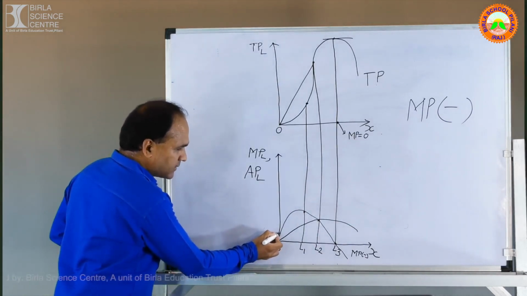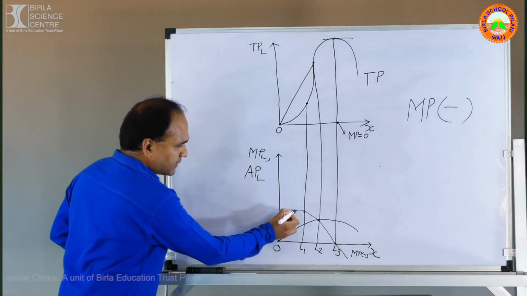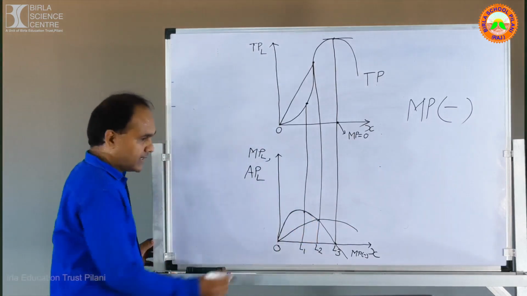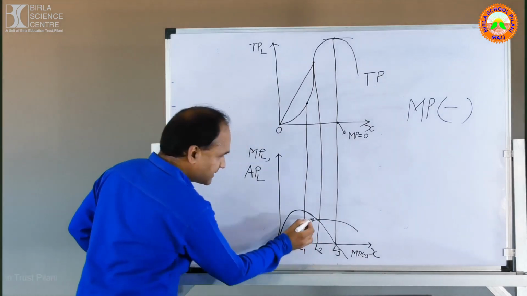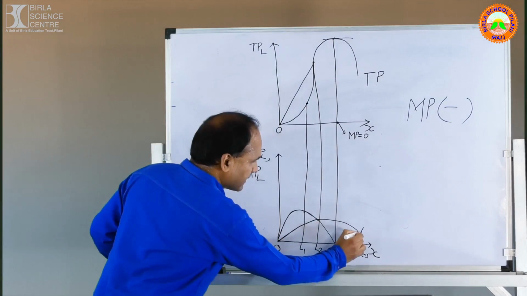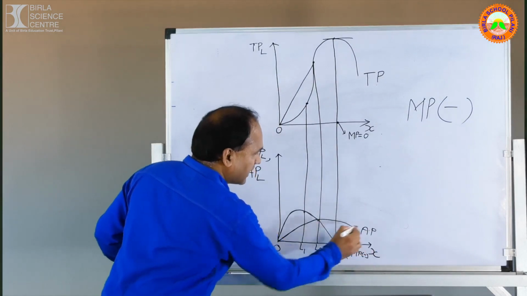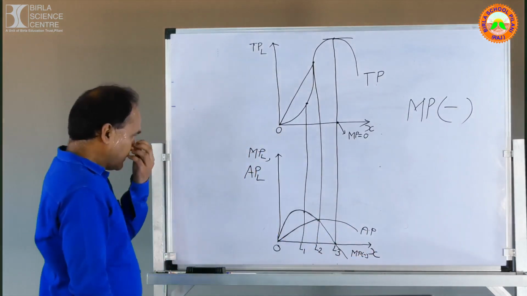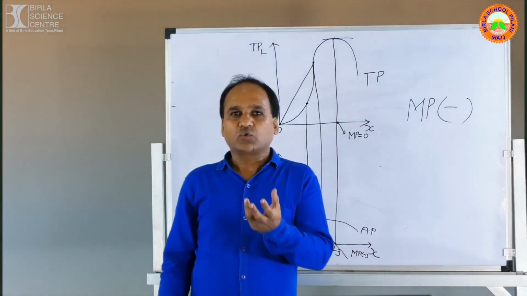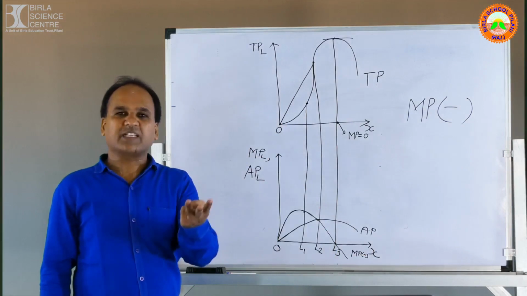Again I am repeating. Just above one, this is the upper one. Okay? This is the upper one. This is called MP. This is the one MP. And just this is the one below the MP. This is called AP. Now question is what? Explain the relation between the MP and what? AP.